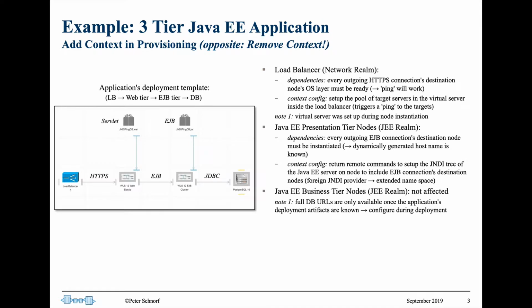And finally, in the Java EE business tier nodes, we don't have to do anything at provisioning time because the actual full database URLs are only available once the application's deployment artifacts are known. So we will look at that again during deployment configuration,